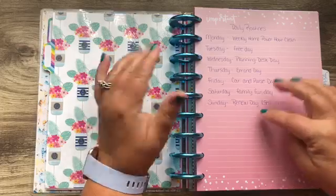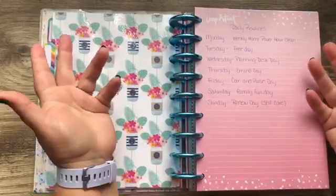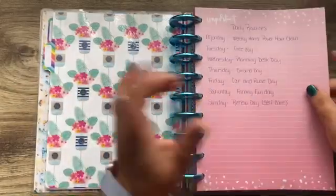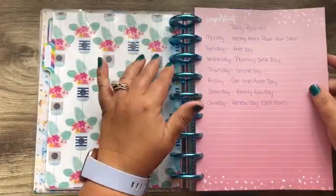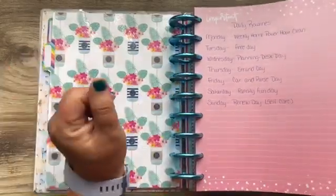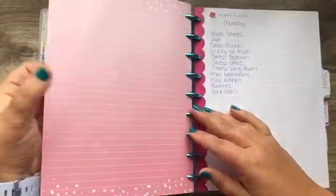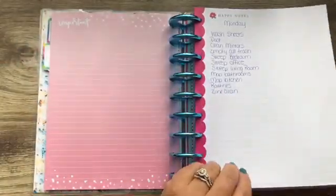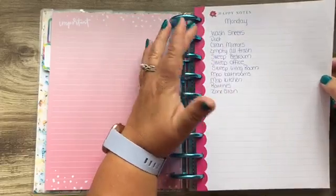And then Sunday, she calls it renew your spirit day, and I just call it self-care day. That's the day when you want to take a nice face mask, get your nails done, just do something awesome. And so on this sheet, I have broken down the chores for each day, which